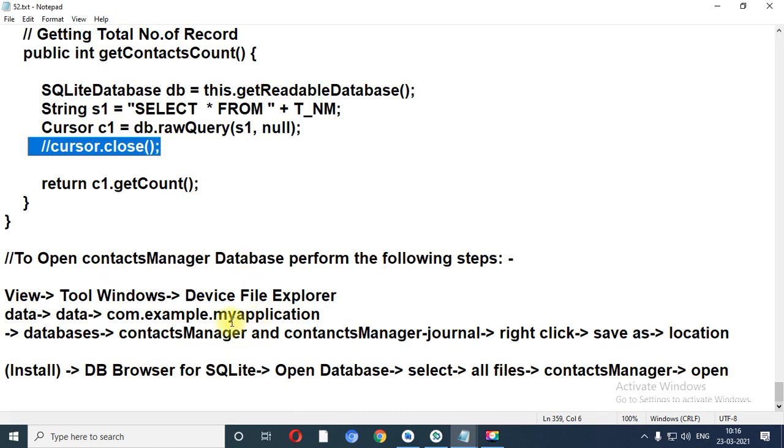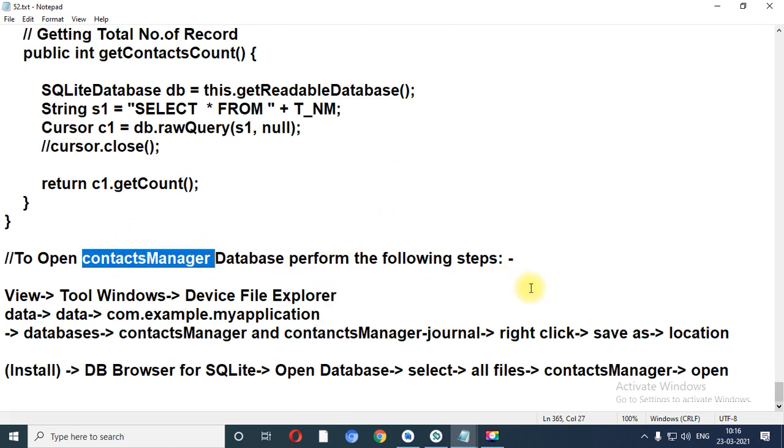These are the steps which you need to follow to open your database in DB Browser. The software which is used to see SQLite tables or database, you need to install DB Browser for SQLite.